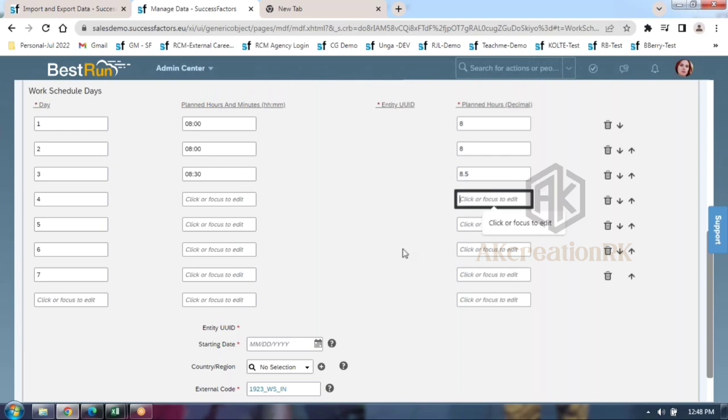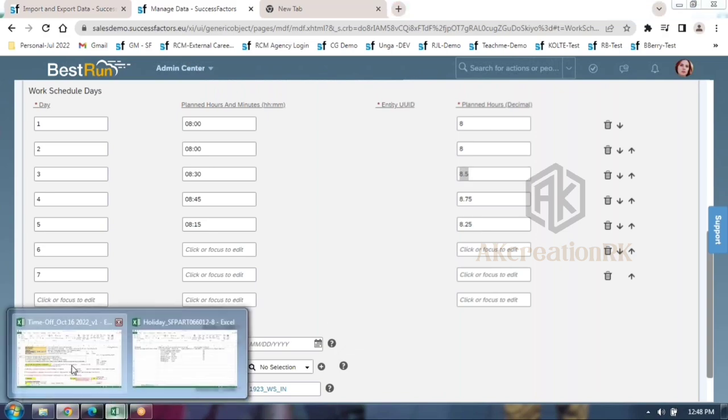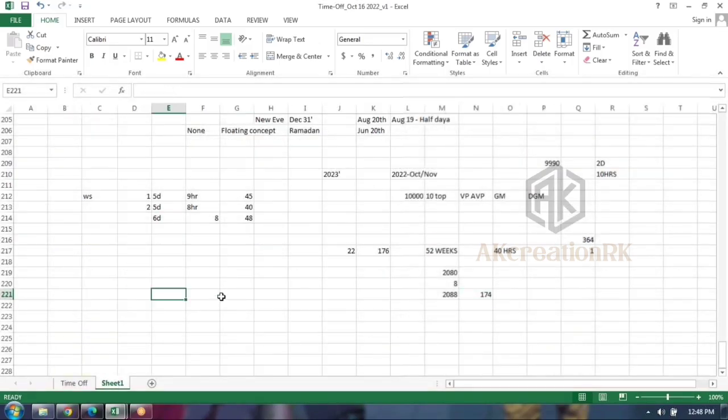So in case I want to maintain 8 hours 45 minutes, it is 8.75. And if the employee has to work 8 hours 15 minutes, then 15 means 0.25. This is the way, guys. Simple understanding, the time format. So don't get confused. Decimal hours, this is the one. This is an interview question, guys. That is the reason.